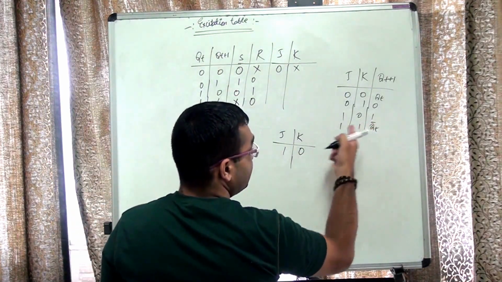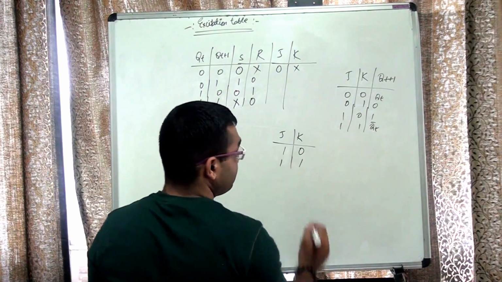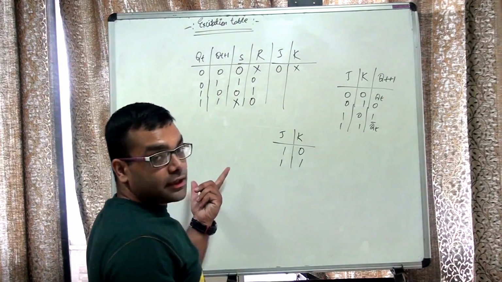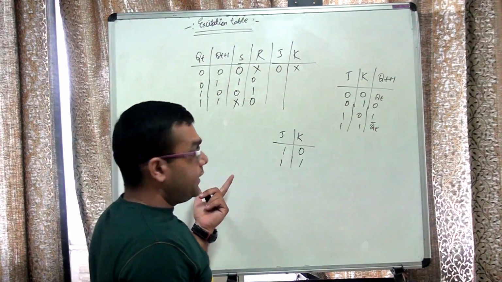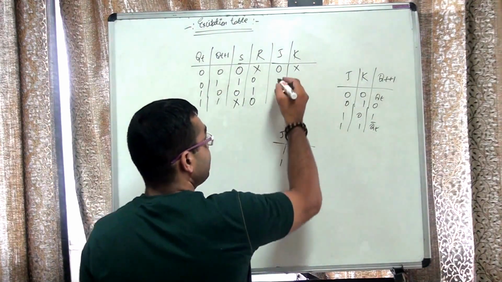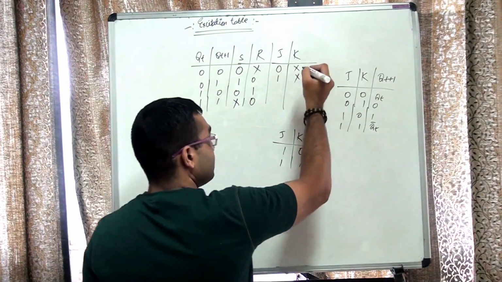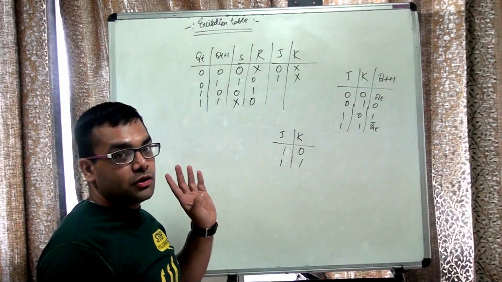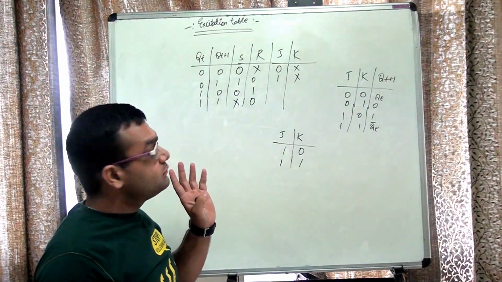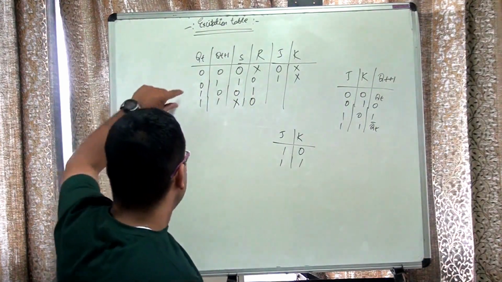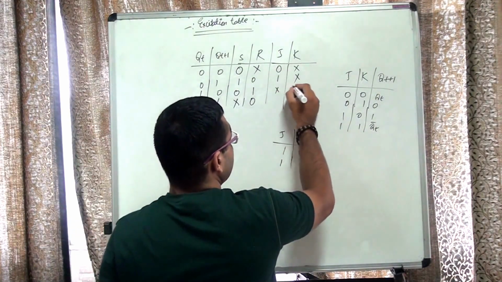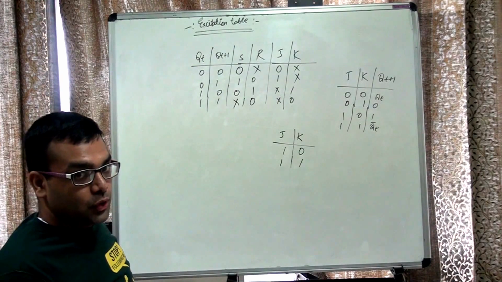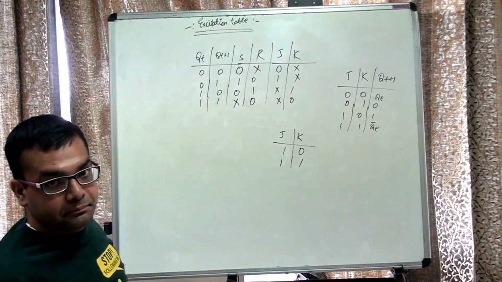So this is the condition that exists in the last row, that is both of them have to be 1. This was actually not earlier existing in the case of SR. Alright, so from over here we can see J has to be definitely 1. K can be either 0 or 1, so I put him in row K. Alright, so working in a similar way for the next 2 rows also, I can fill in the values. Alright, this is what I get.